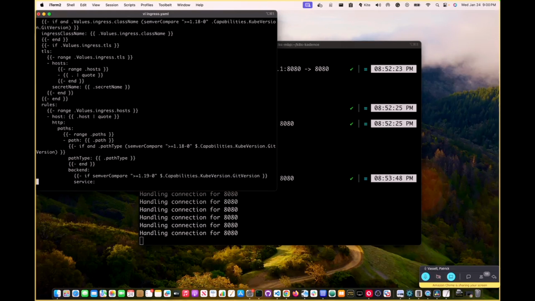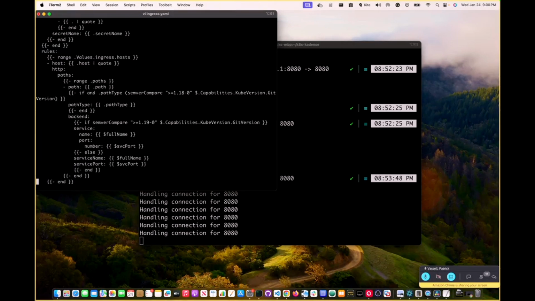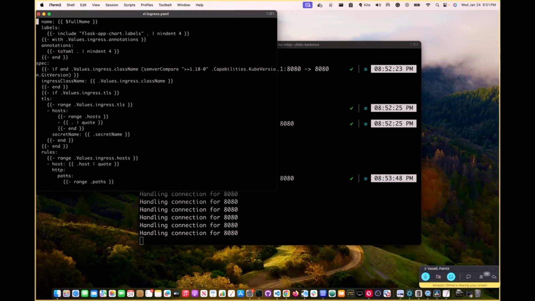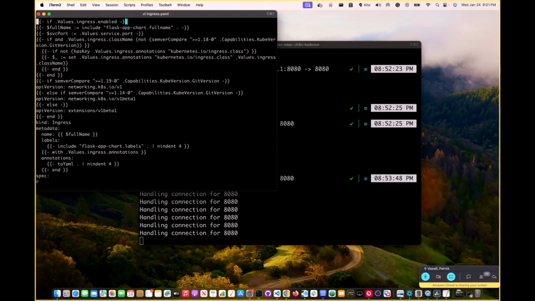let me see here, the other path, right? So path type, then the service. So it'll be something like right down here. But I'm probably going to break it. So yeah, I'm not going to necessarily do that right now, but maybe that's something that we can work on next week. But